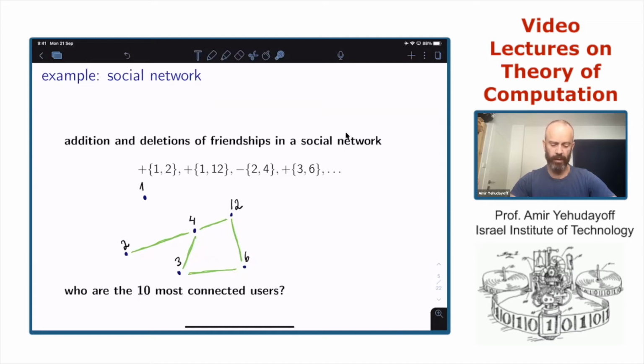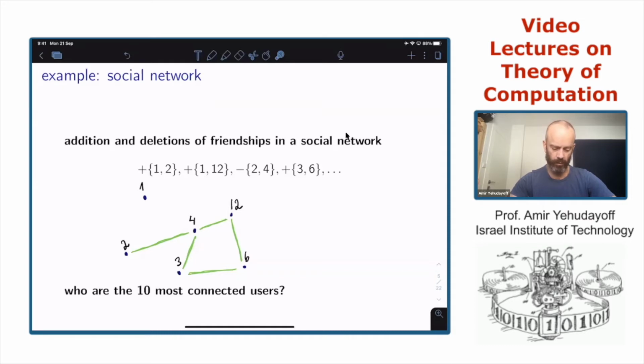And you can think about these operations as addition or deletion of edges inside a social network. So the graph represents a social network of friendships. And the stream is, there is a new friendship or there is a friendship that should be deleted.